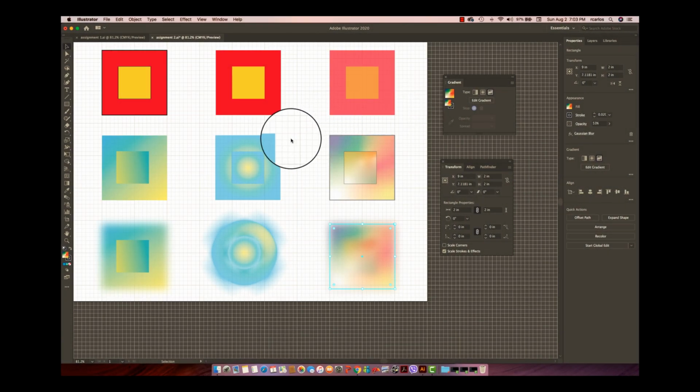So in assignment number 2, we are dealing with a lot of different special effects: gradient, fill, opacity, and blur effects in Illustrator. And of course, I will show you the different approaches on how to do that. Okay, let me start with the fresh